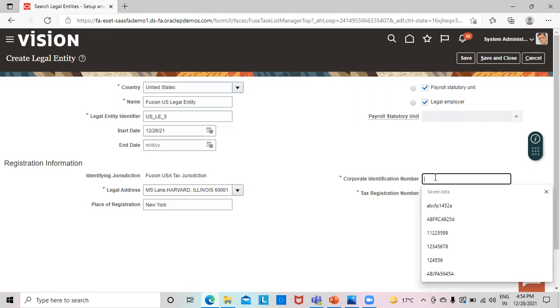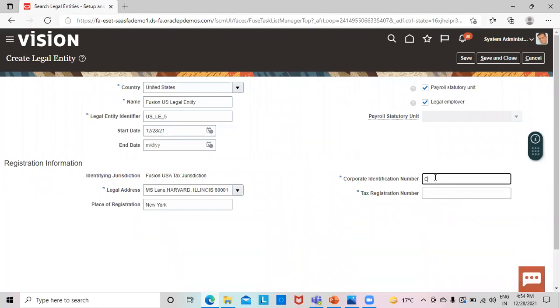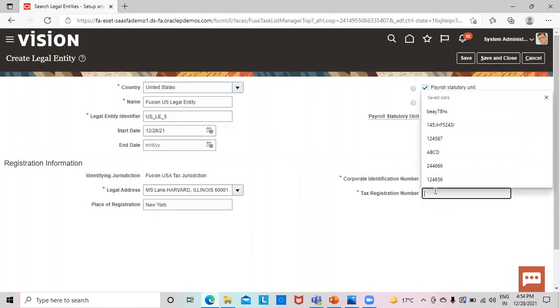You can give the corporate identification number as per the client's details provided to you. However, for the purpose of illustration, I am giving a number. In the same way, this is the tax registration number, which is provided by the client to us.